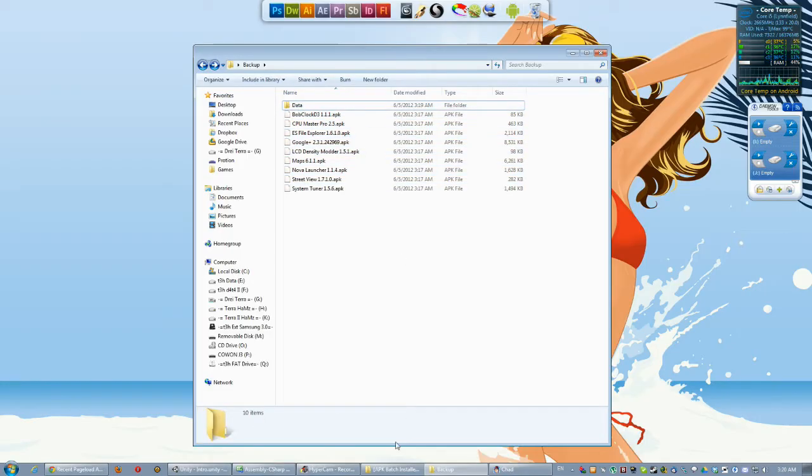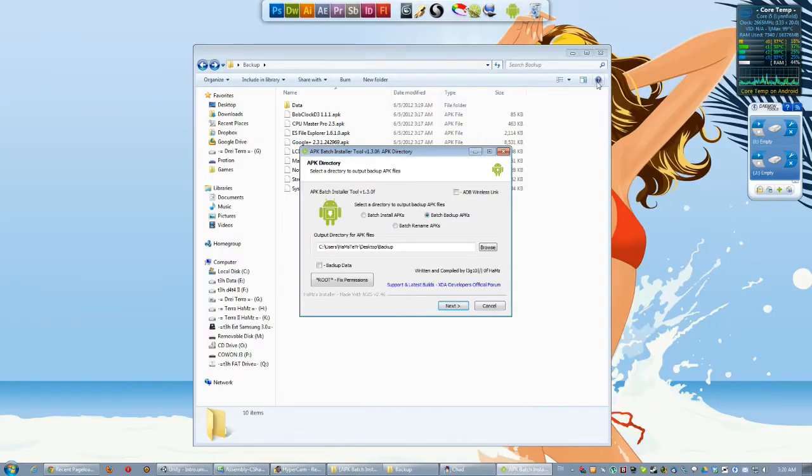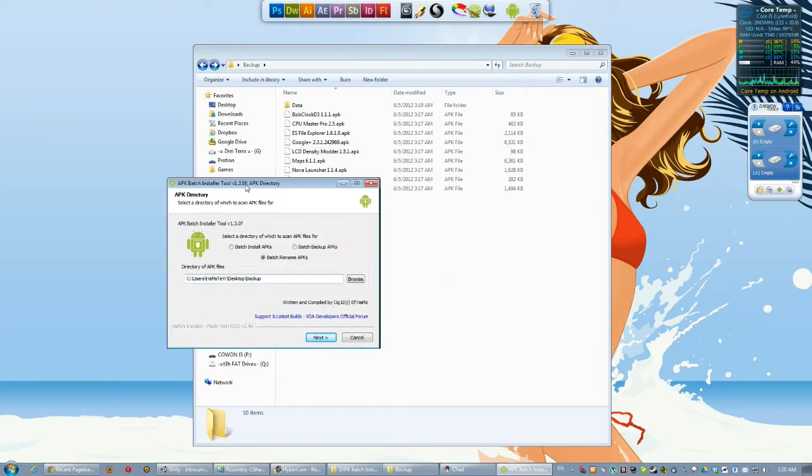Now let's take a look at getting them back into the machine. Now I'm going to launch this again. There are different options now. You can rename these APKs, and if I select it to backup, even if, let's say, let's keep this open,